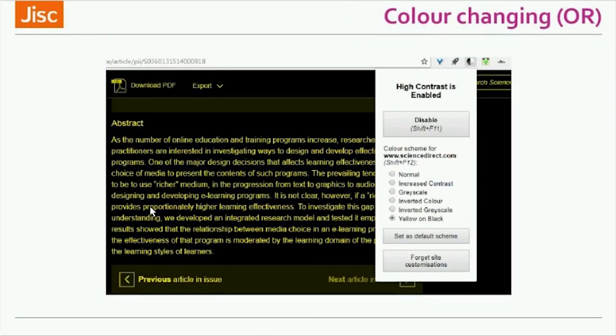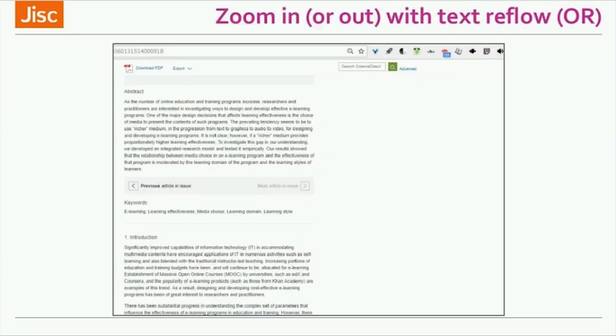Now, color changing is really easy to do in browsers. There are various plugins that you could do there. And so again, this is nice. You can see the same content, the same book I've been looking at, but I'm now looking at it in various colors, a whole range of ways you could do that with different plugins. Again, your content may do that, but do you tell people about it? And that's the important question.